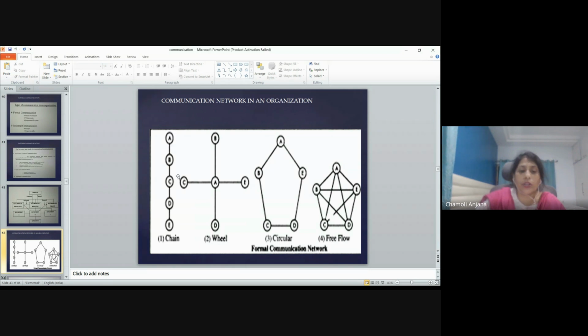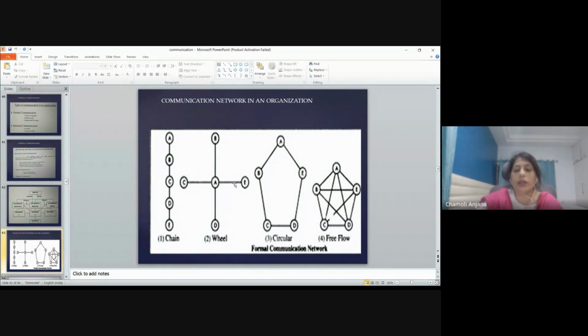In oral communication, the distortion happens. In written communication, there is no distortion in information because it is in written format. It has to just pass on from one level to the other level. But the time taken to reach is more in a chain network because it takes time. It has its own procedure which needs to be followed.